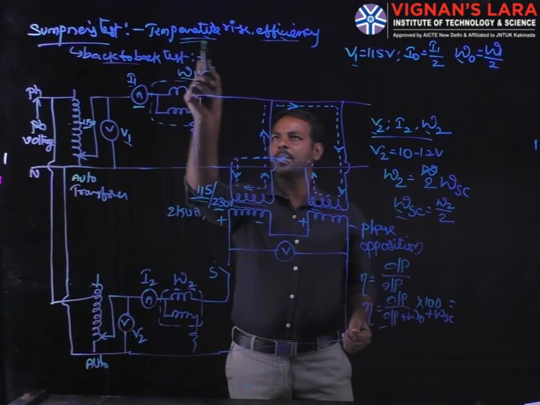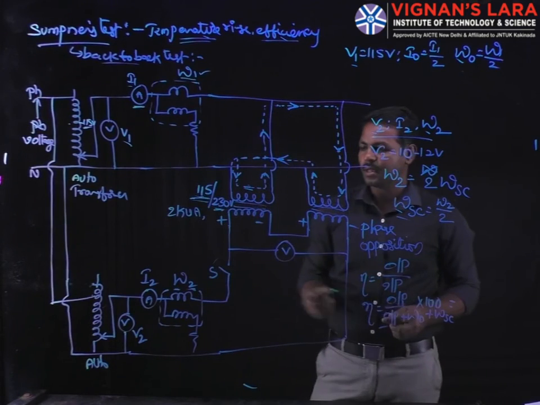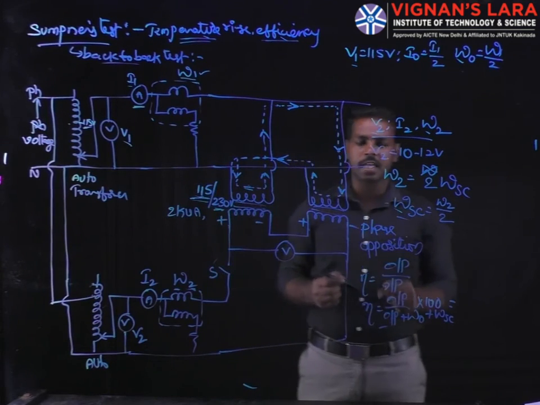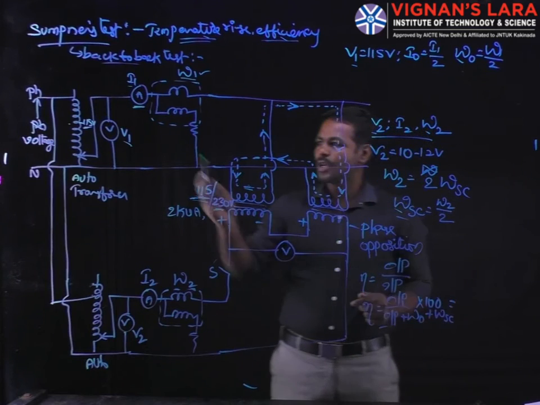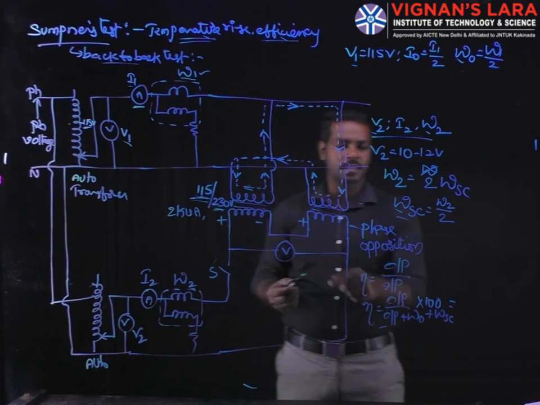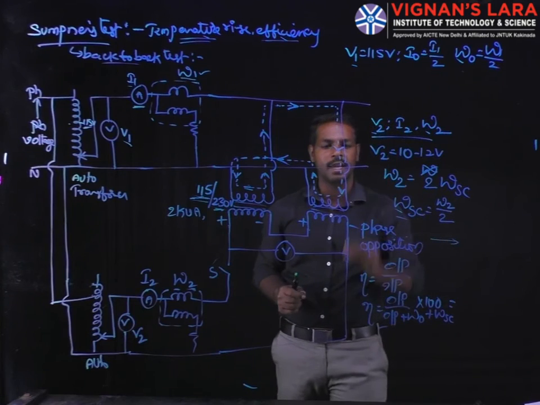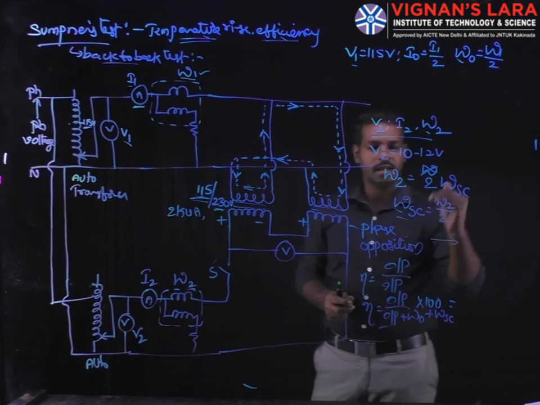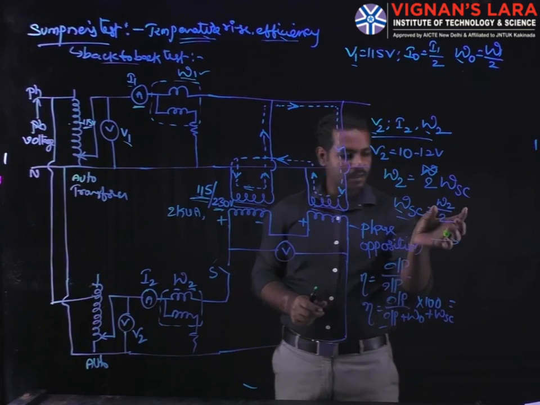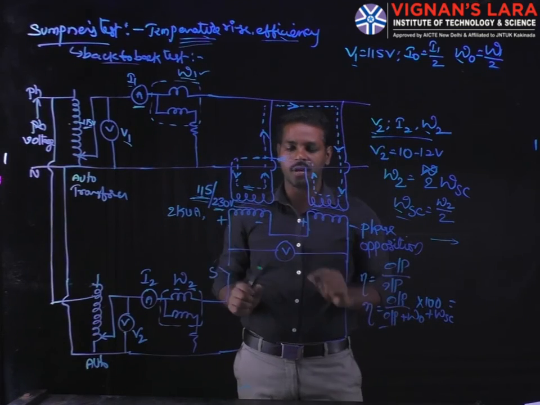Another one is temperature rise. How is the temperature rise calculated? Whenever the two transformers or their windings are completely dipped into transformer oil, they are operated on short circuit test or full load current. Considering regular intervals of time, the corresponding temperature rise in the oil or in the transformer is also calculated for those regular intervals. Based on those parameters, we get the temperature rise during the full load copper losses.